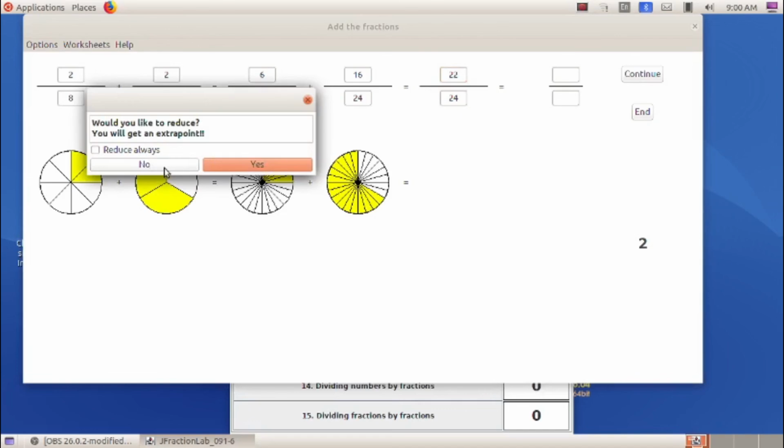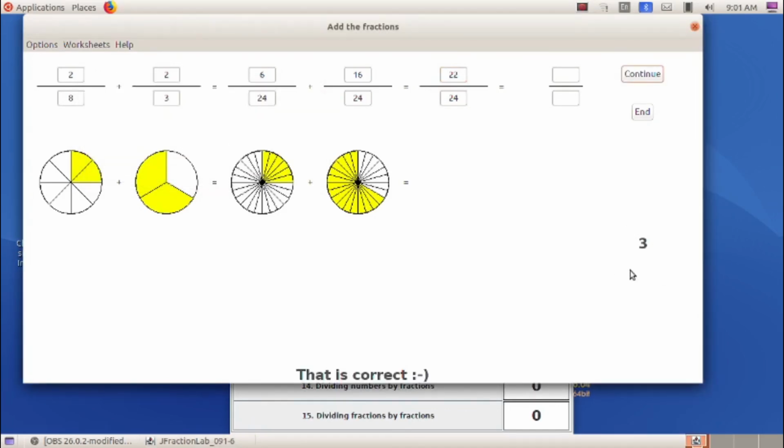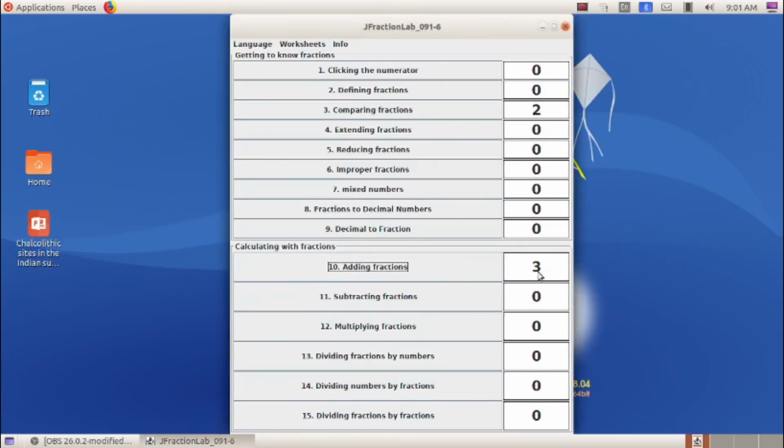In this dialog box you press no. So automatically the point will increase here. This is how we are finding the LCM. So please try this. You just revise your LCM portions in your mathematics class. If you are finding any difficulty, please tell me, or you can ask your mathematics teacher. If you want to stop the game, you can use the end button here. Near this adding fraction you can see the score, 3 marks.